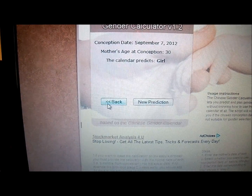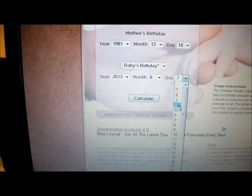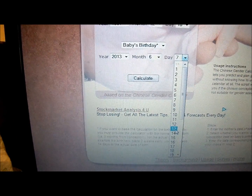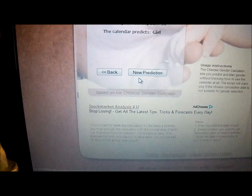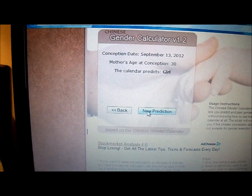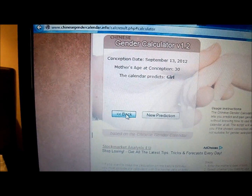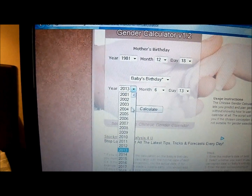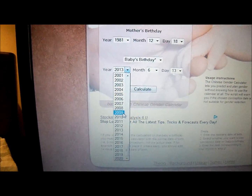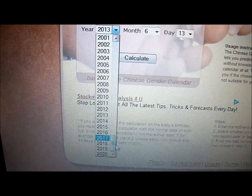And I also did it with my ultrasound date, which is 6/13. That's how big baby is measuring. And that as well is showing a girl. So I just wanted to go back and show that it may not always be correct, but I do remember my due dates for my other boys,